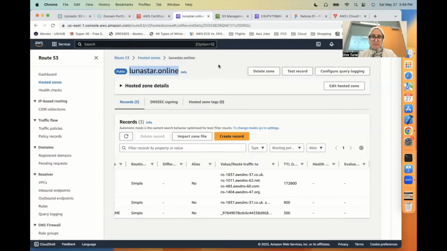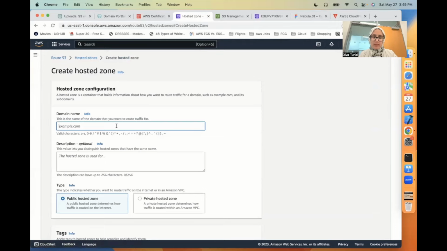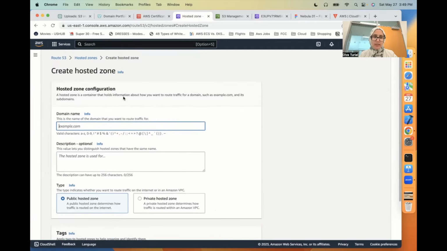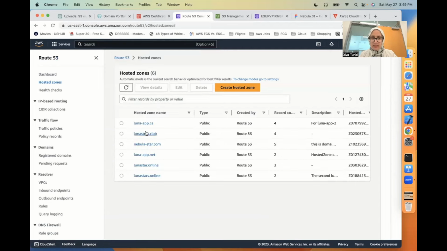We went to hosted zones, and I said create hosted zone. I simply put the domain name, and then I click create hosted zone, making sure it's a public hosted zone. There is another story for private hosted zone, but for now we're just focused on the public one. You create that one, and then you get a hosted zone in here, and then for that hosted zone, in our case, which was